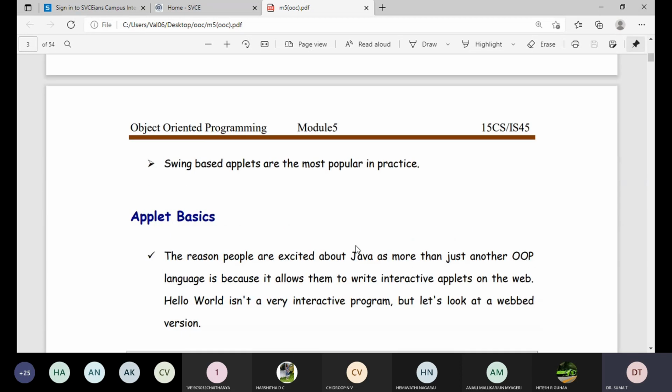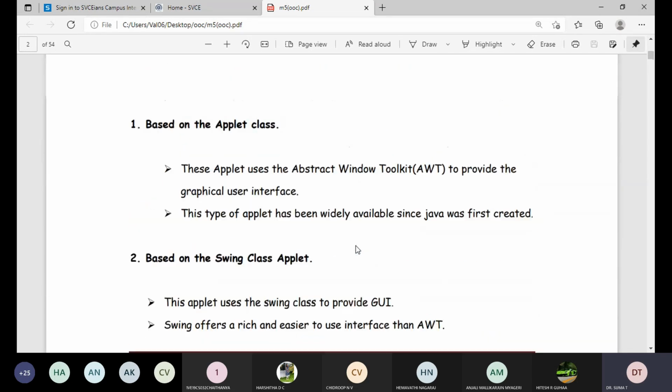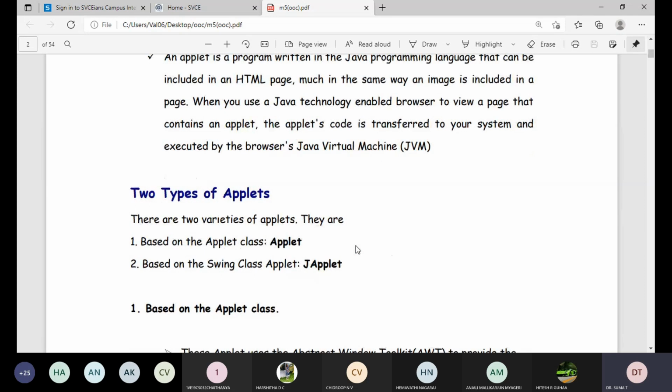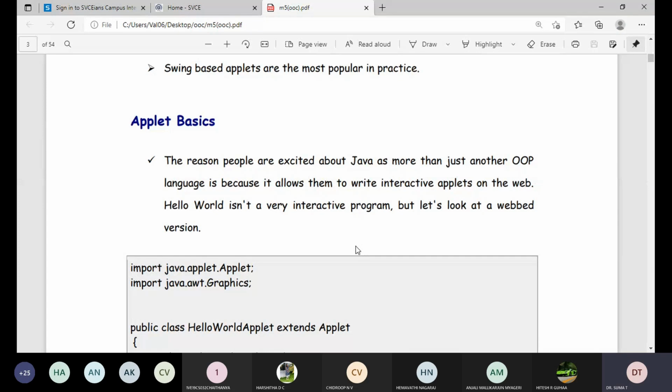Next we come to applet basics. What do you mean by applet? We'll learn the basic knowledge of applets. The reason people are excited about Java is more than just another object-oriented language like Eiffel or C++.